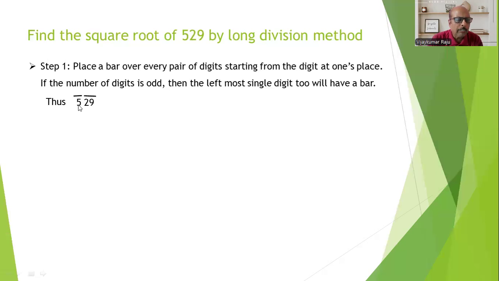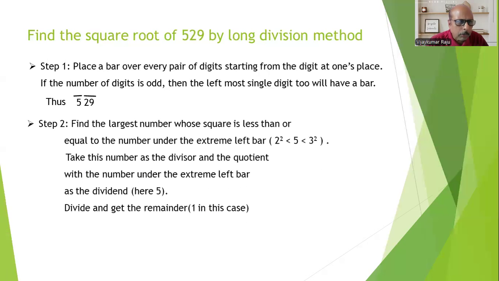Though the second is not a pair, it is a single digit. From what we have learned before, the pair will give you one digit and this single digit will give you one digit. So your square root will have two digits. Clear? Next, step 2 should be